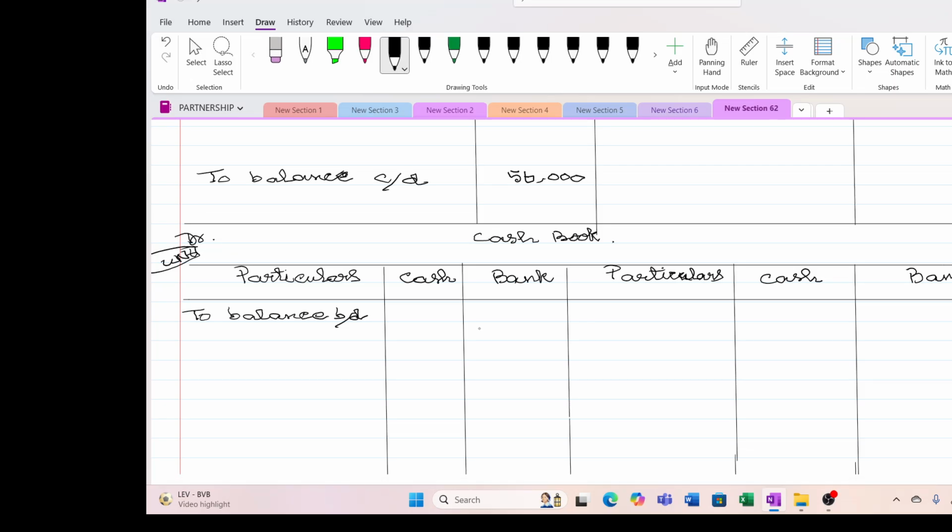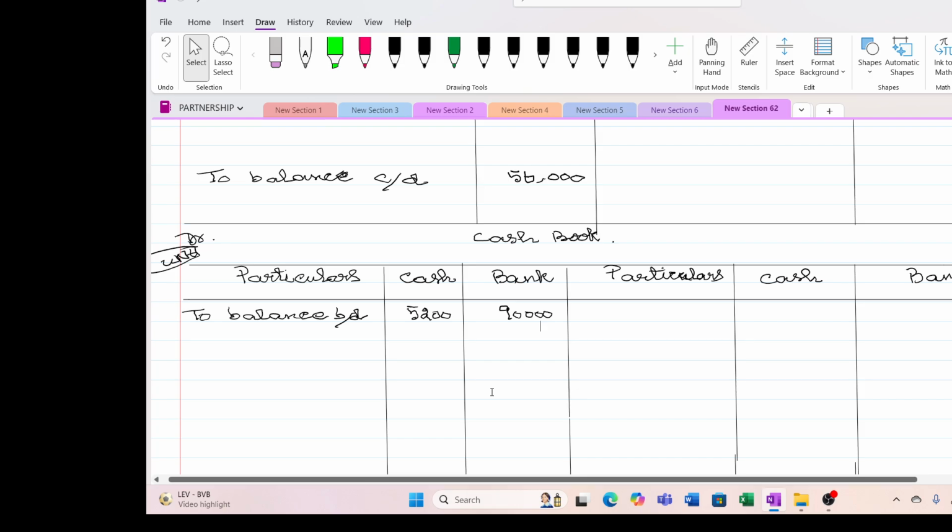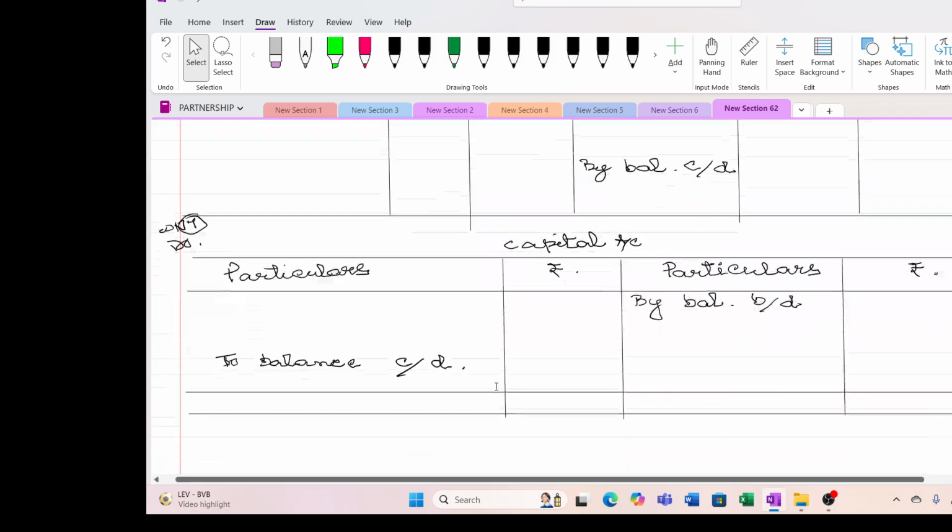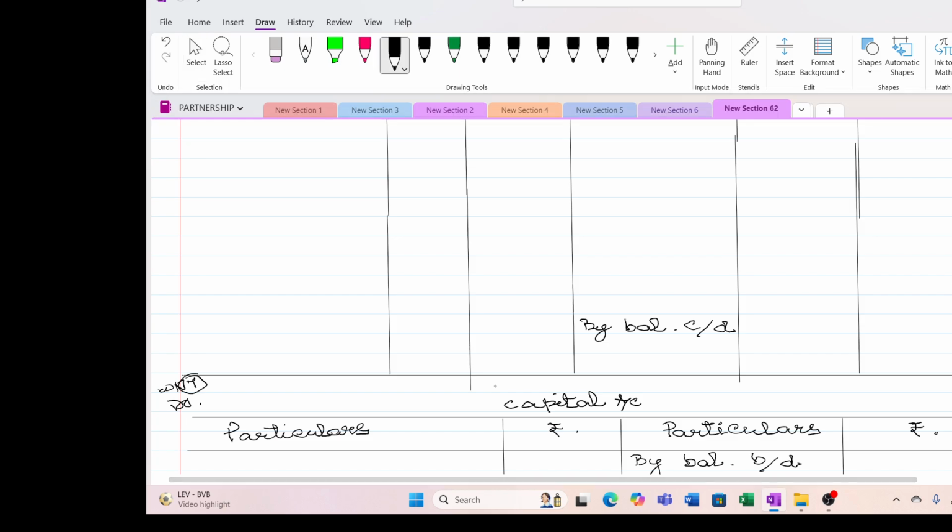So opening balance of cash is 5,200 and the bank balance is 90,000. And closing balance is 87,53 5,300,